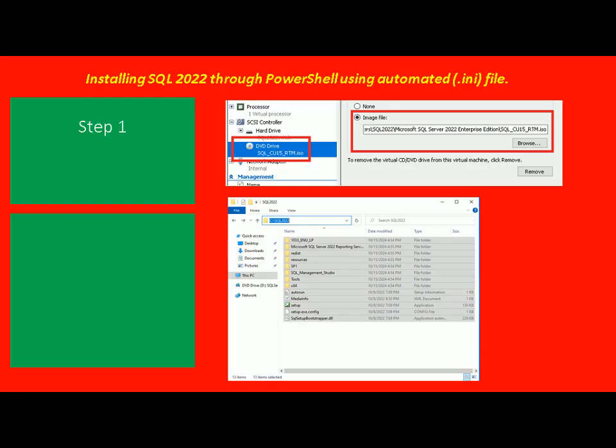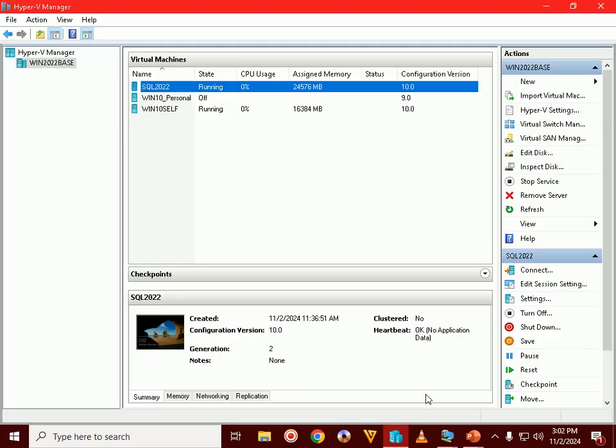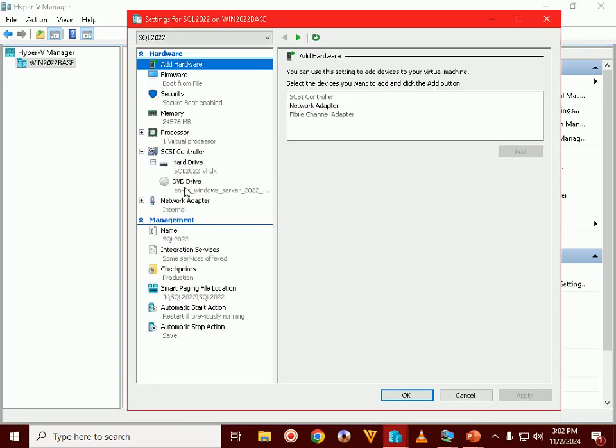So let's move on to our step number 1. On SQL 2022 virtual machine settings, map SQL 2022 RTM ISO. So I will go back to my Hyper-V manager. This is my SQL 2022 virtual machine. I will go to the settings and on the DVD drive